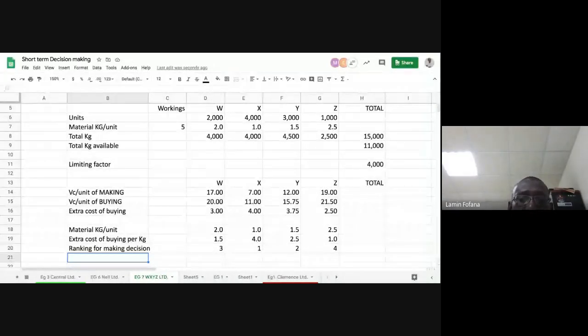So we're going to rank it based on which one to make first. So we all agreed the one that we're going to make naturally will be the most expensive one per limiting factor. The most expensive one per limiting factor may not necessarily be the most expensive one per extra cost, just like we have seen on our contribution per unit. The contribution per unit is not the yardstick that is used to